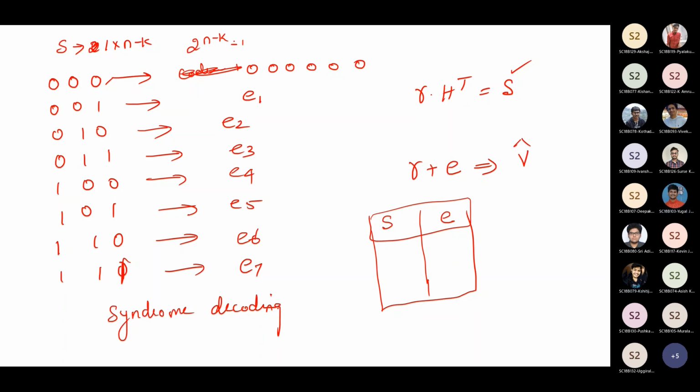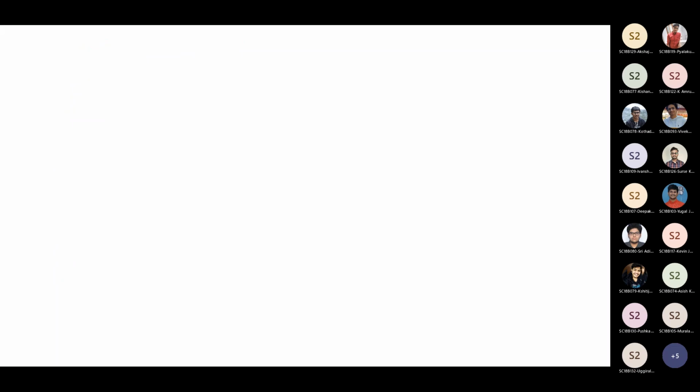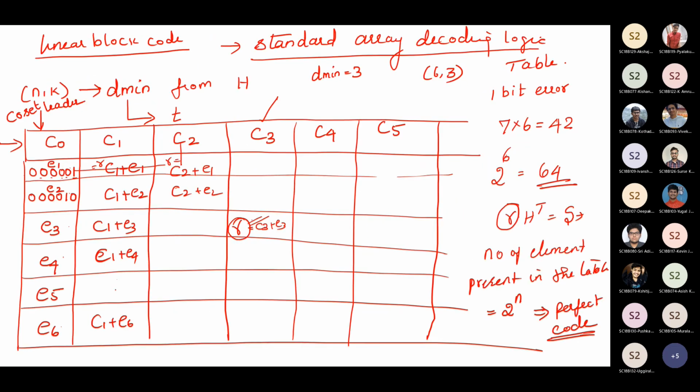Okay. Next class, we will see how to compute the probability of error. By next class, I will complete the linear block code. Then we will move on to the convolutional code. So the overall picture of linear block code, what it does, I have dealt with. This basic stuff is enough to understand what error control coding is doing.